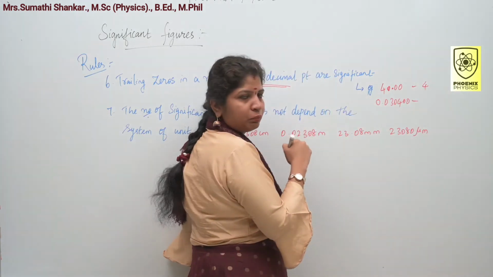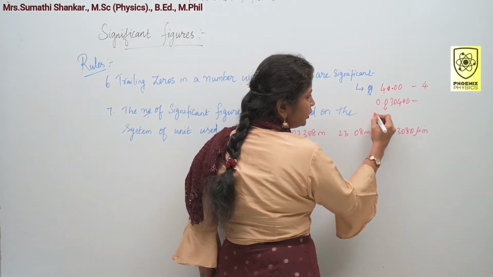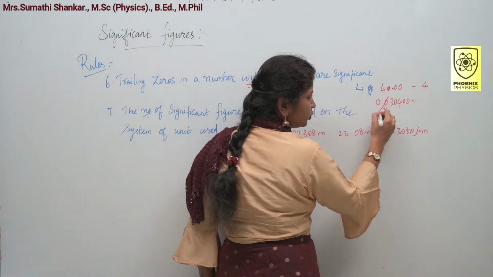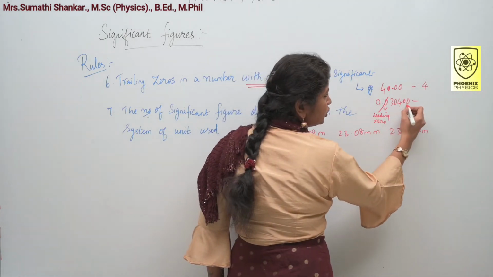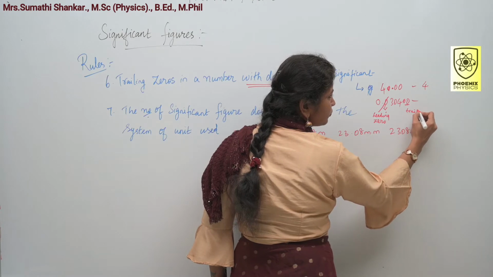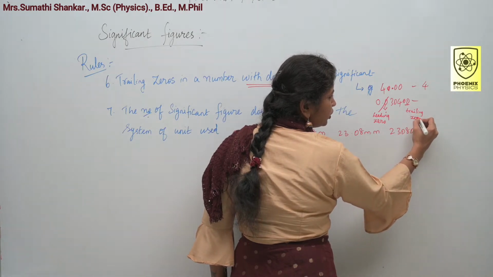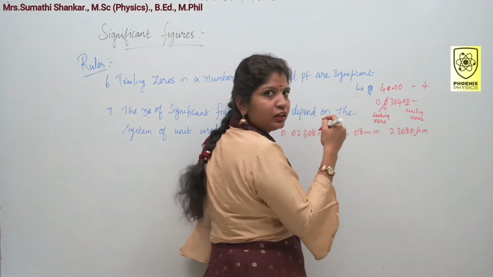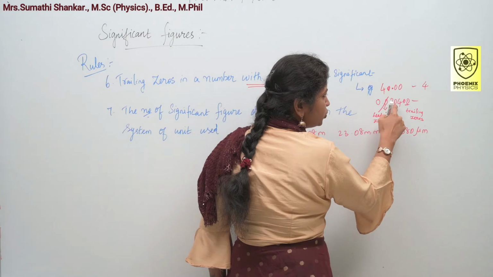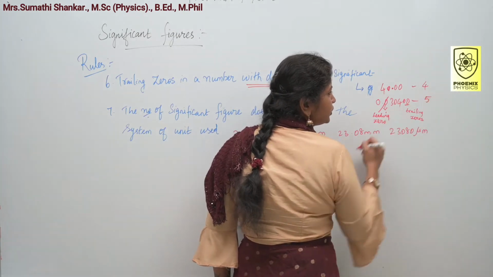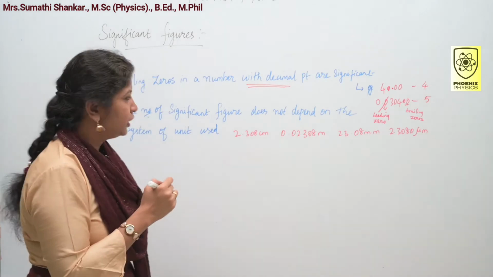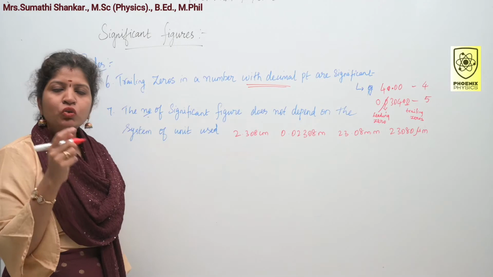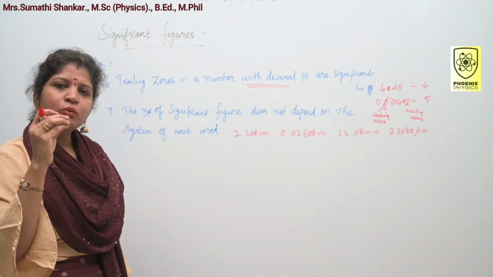Look at the second example. Here this first zero is a leading zero. Leading zeros are not significant, so cancel. Then these two are trailing zeros. Trailing zeros are significant, you should count. So what is the significant digit for this number? 1, 2, 3, 4, 5. 5 is our significant digit. Up to this clear? Then the seventh point: the number of significant figures does not depend on the system of unit